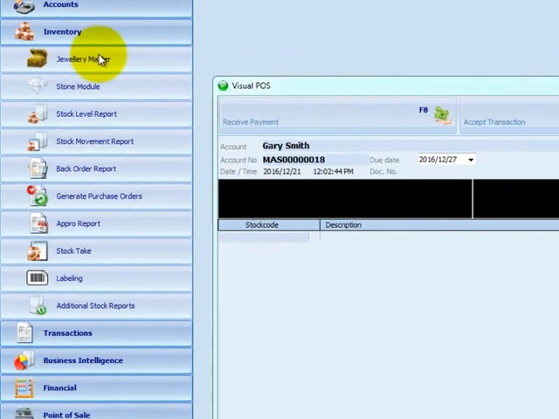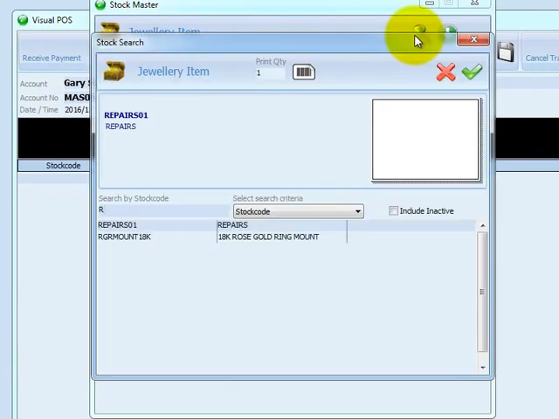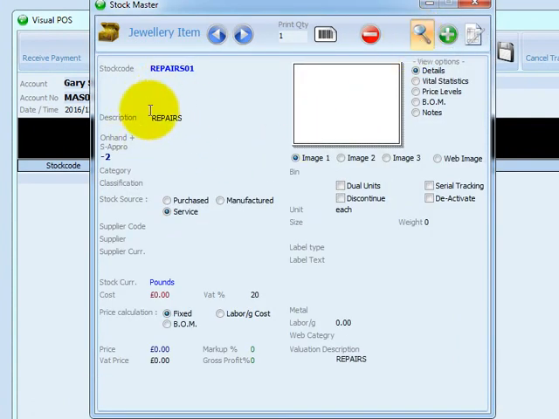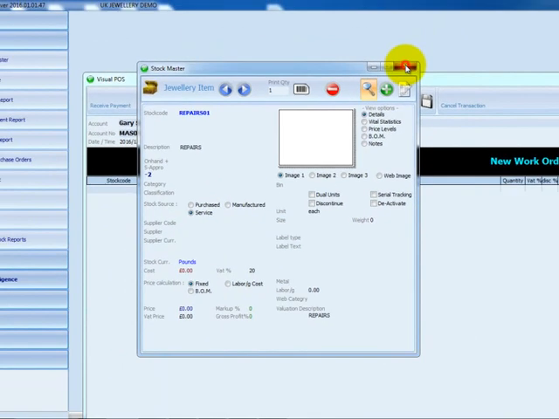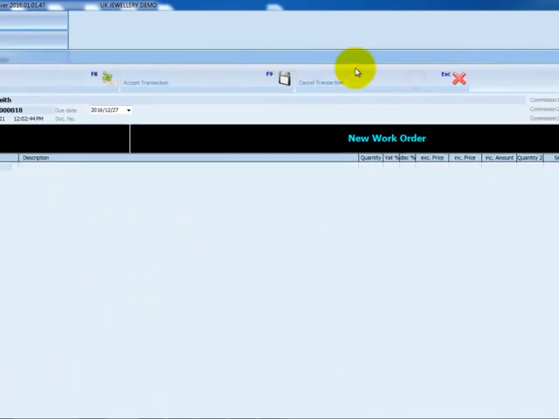So I'm just going to go to the inventory. I'm going to show you under the Jewelry Master here. I've created a code and we've called it repairs. Note, very important, you can call it whichever you like, but very importantly you must set the stock source of the code to service. There's no need to set any pricing or anything like that. So I've just created one for this demo purposes. So I'll close that and let's go back to our work order,